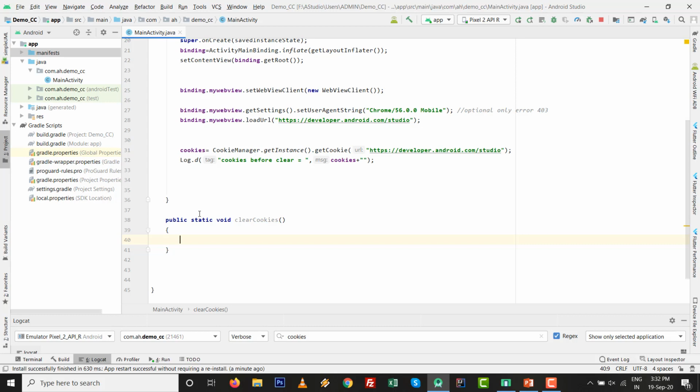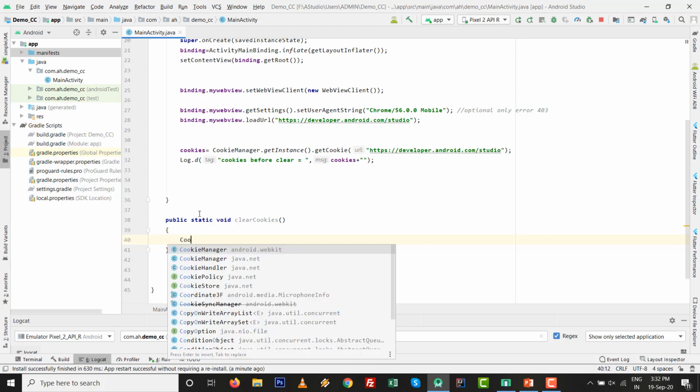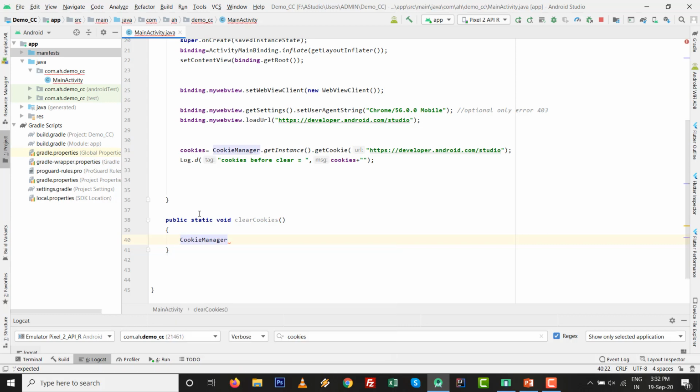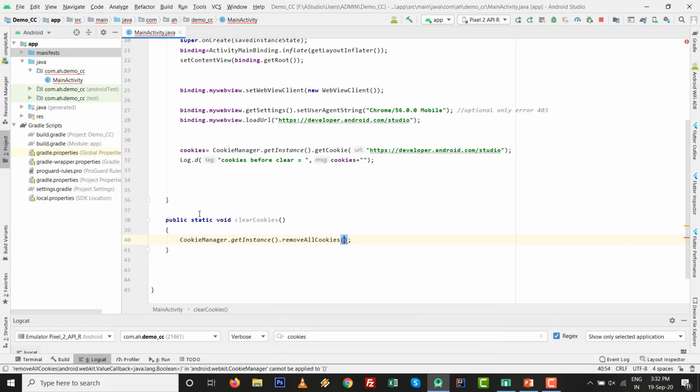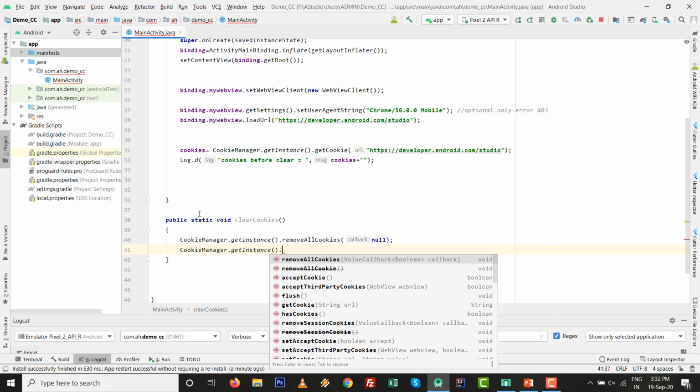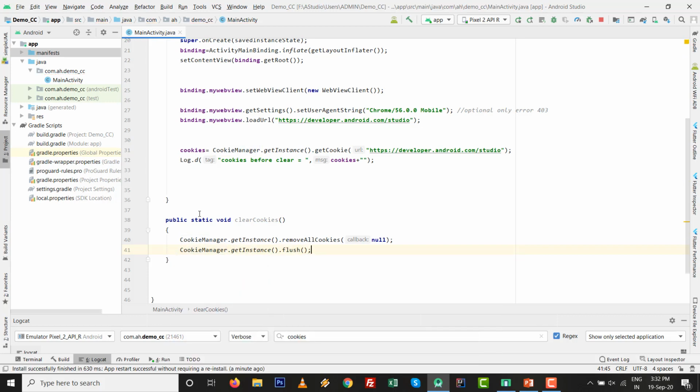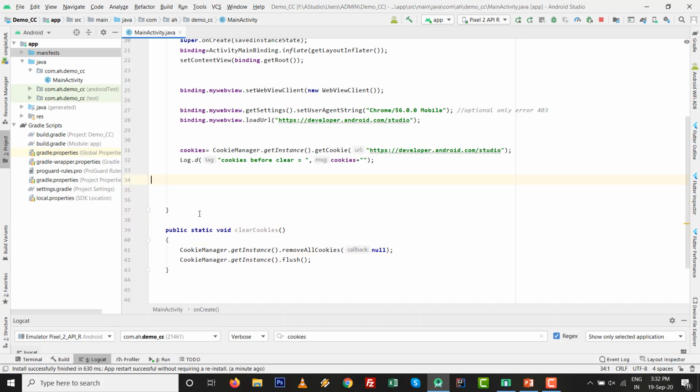So I don't want to write the code for older version right now. CookieManager.getInstance().removeAllCookies. So all the cookies of this particular WebView will be removed. Then CookieManager.getInstance() plus all those things. Just I want to call